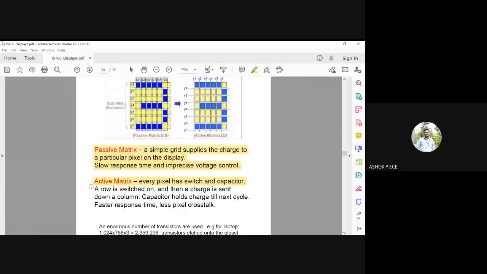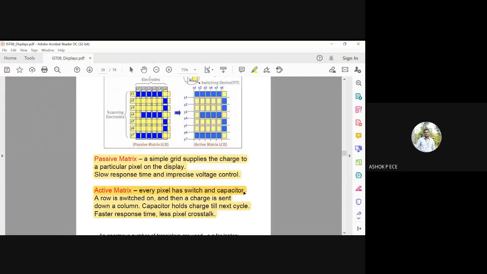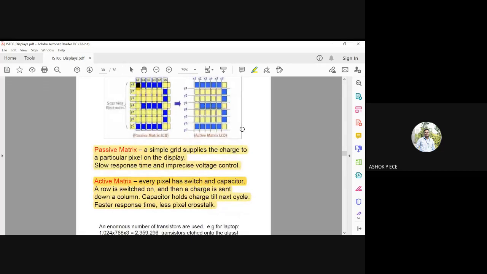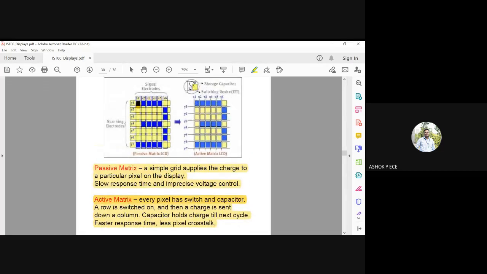Active means every element will have an active switch and a capacitor. So if I want this pixel to be turned on, I will have a switch and a capacitor here. The capacitor will hold the charge. It will be on till the next cycle. So this active matrix is very, very popular and it is also going to be faster. Instantly it is going to glow. See here, you have a switch and a capacitor. The capacitor will store the charge for this display to glow, and the switch will be on till the next